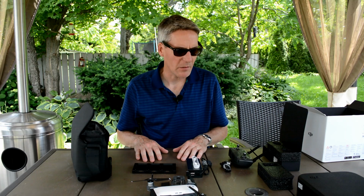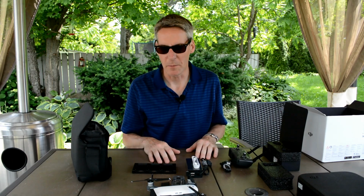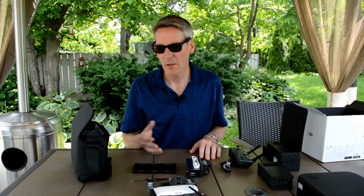So we've got a pure iPad mini, and it's only running the DJI Go 4 app. There are no other apps installed on it, and that's just the way we want to keep it. Simple. You can pick up an iPad mini 2 on Kijiji or eBay for a couple hundred dollars. And that's a great solution, because chances are you're flying your drone, you get a phone call in, suddenly